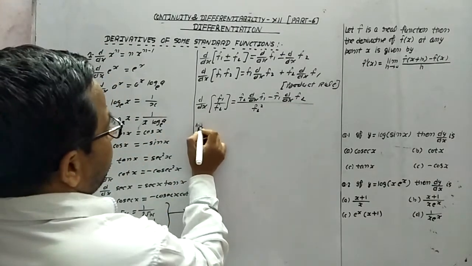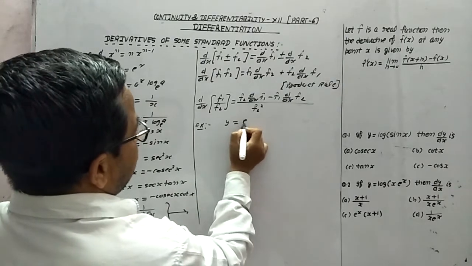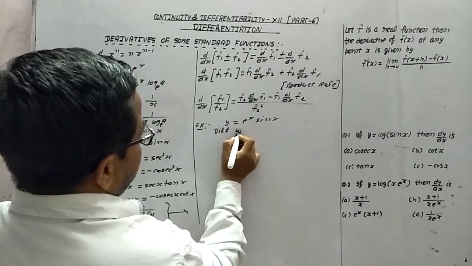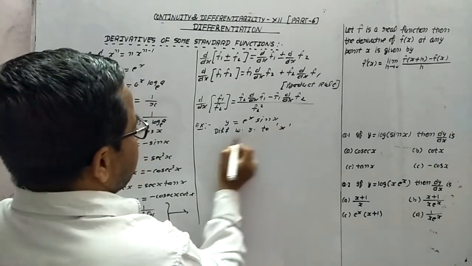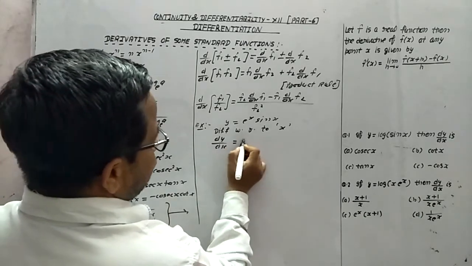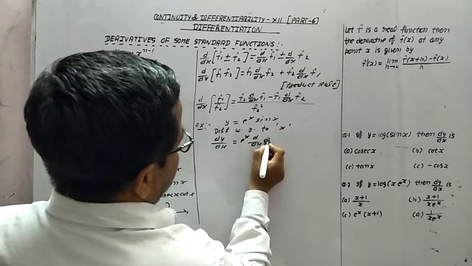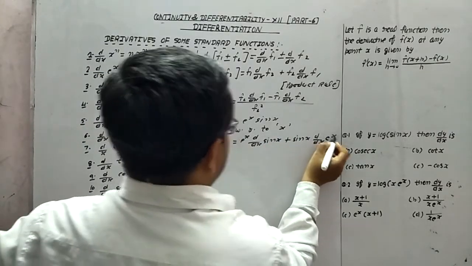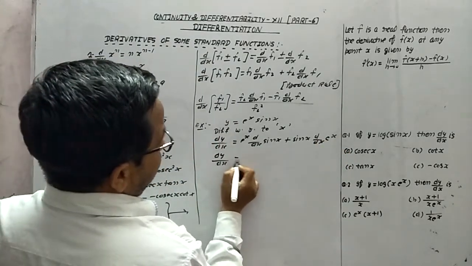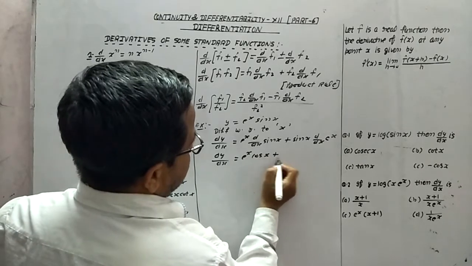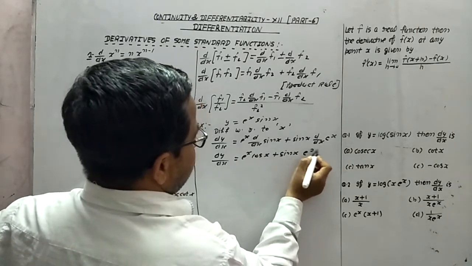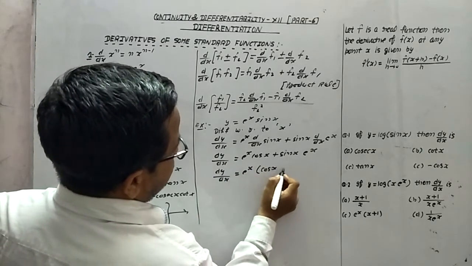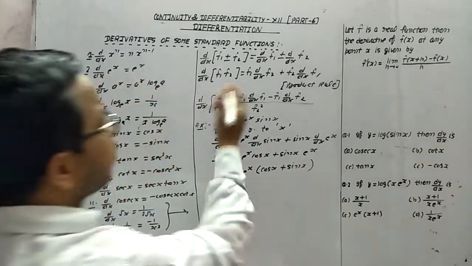Look at this thing. On the basis of an example, if you are asked to find the derivative of e raised to power x sin x, then for the solution, differentiating with respect to x, dy by dx you can directly do: first function as it is, differentiation of second one, plus second function as it is, differentiation of first one. It means dy by dx is equal to e raised to power x cos x plus sin x into e raised to power x. It means dy by dx, e raised to power x common, what will come? Cos x plus sin x. So this is the way to find out this result.